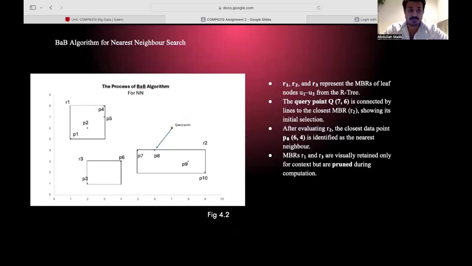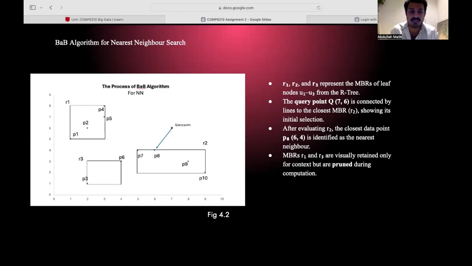This diagram shows the branch and bound (BAB) algorithm in action. The query point Q is at 7 on the x-axis and 6 on the y-axis, shown by the small circle. The algorithm starts from the root and computes the minimum distance between Q and each MBR, R1, R2, and R3. Since R2 is the closest to Q, the algorithm expands that region first, examining the points